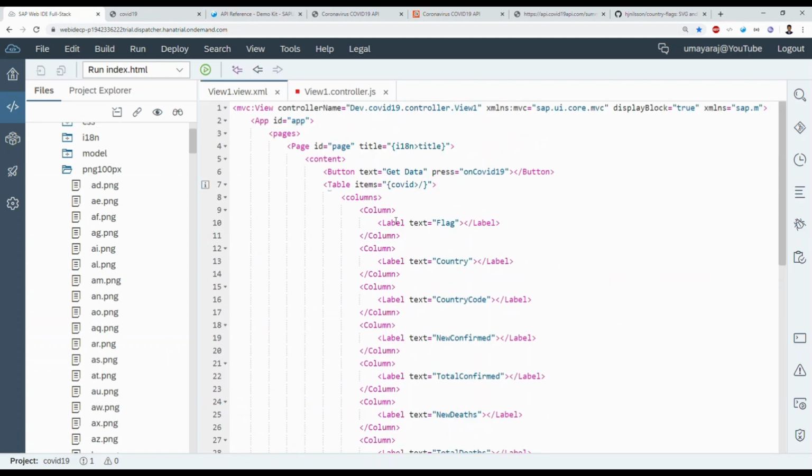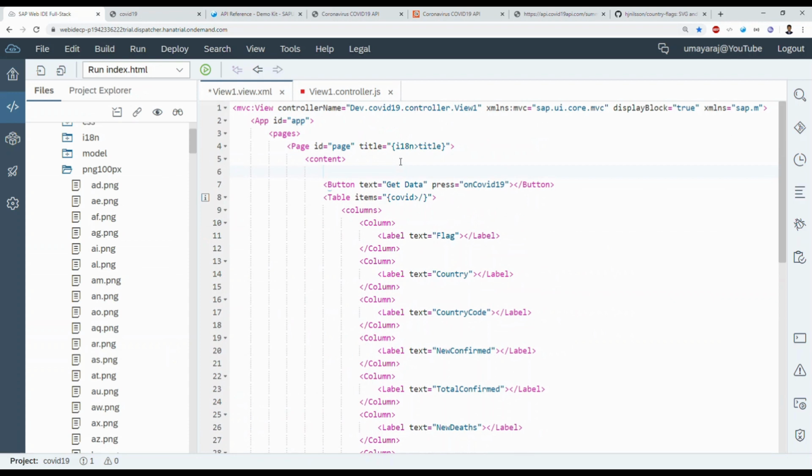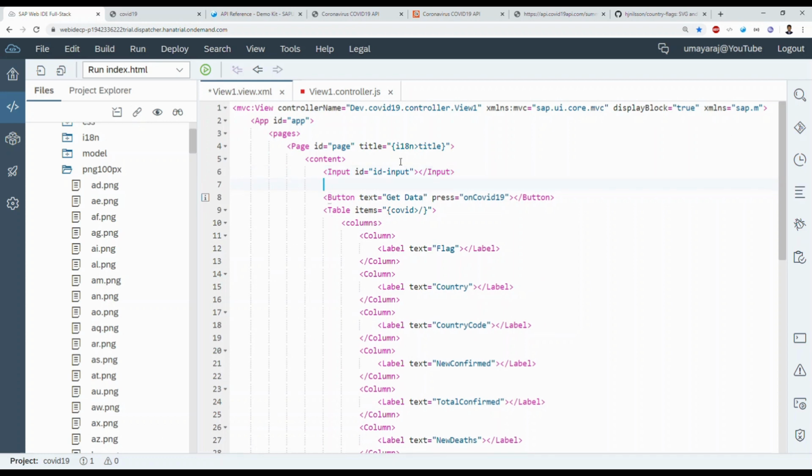So for this purpose, go to screen and add one input. So give that ID input. Click the button and another one button text filter and press event on search. Okay,